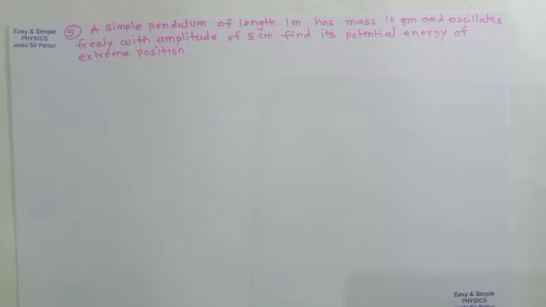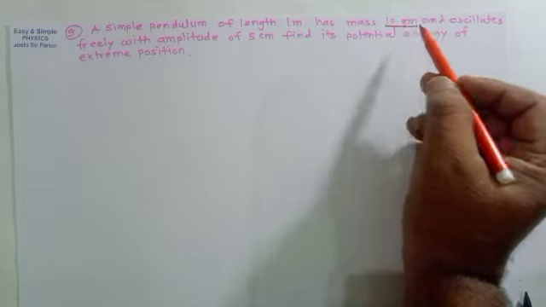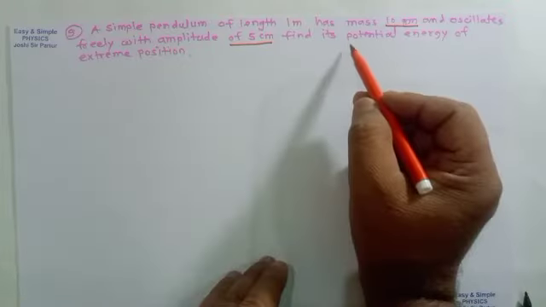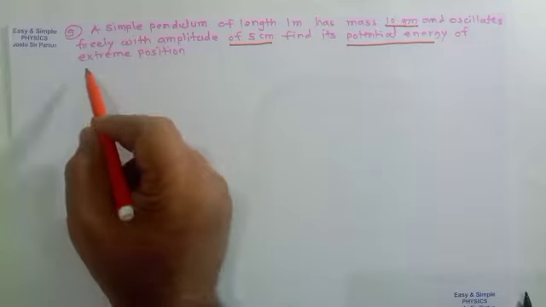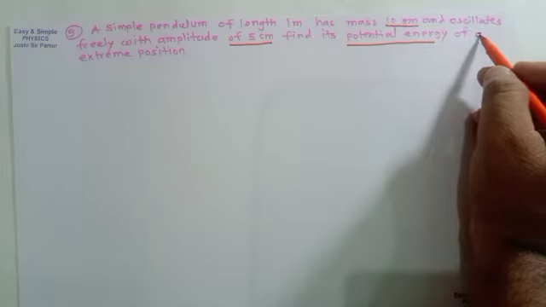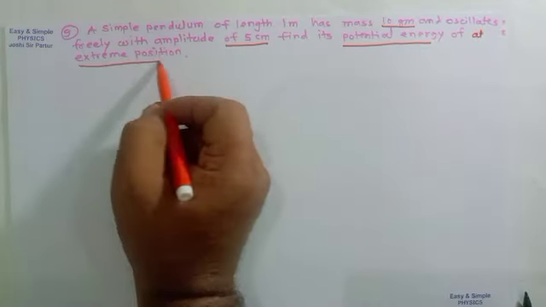Again, if we solve another example, that example will be: a simple pendulum of length 1 meter has mass 10 gram and oscillates freely with amplitude 5 centimeter. Find its potential energy at the extreme position. See here,